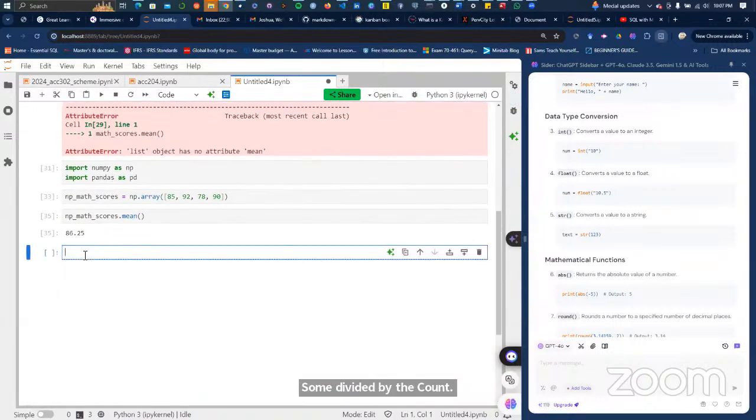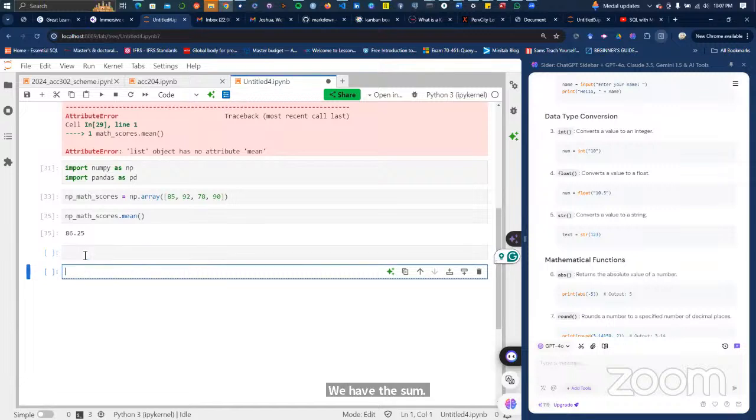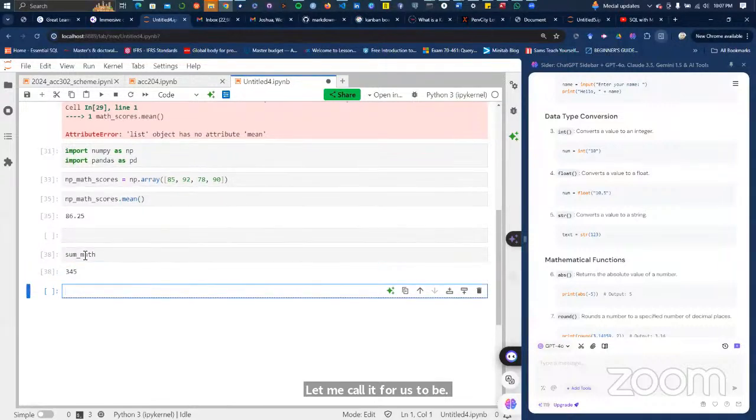We have the sum. We stored it as sum mark. Let me call it for us to be sure. Sum mark. Yes, so that is the sum of the math score. So now let's create a count mark, which is the number of items in the mark list. So count mark.